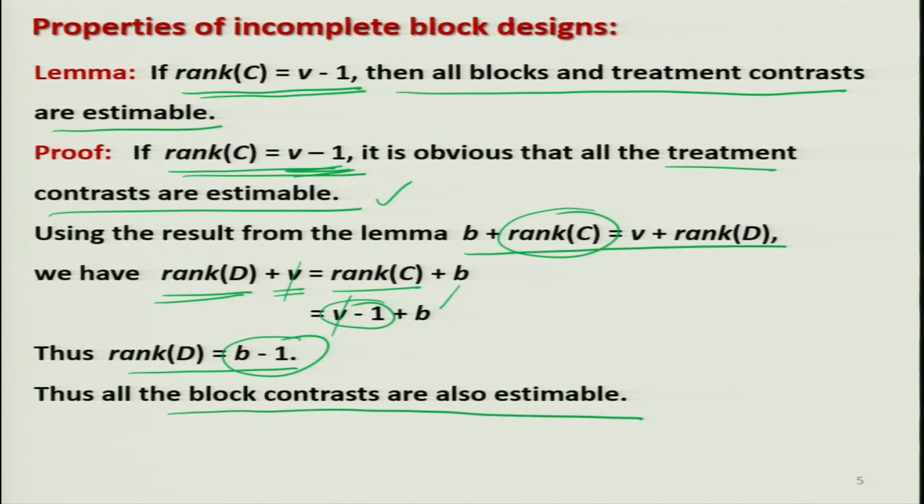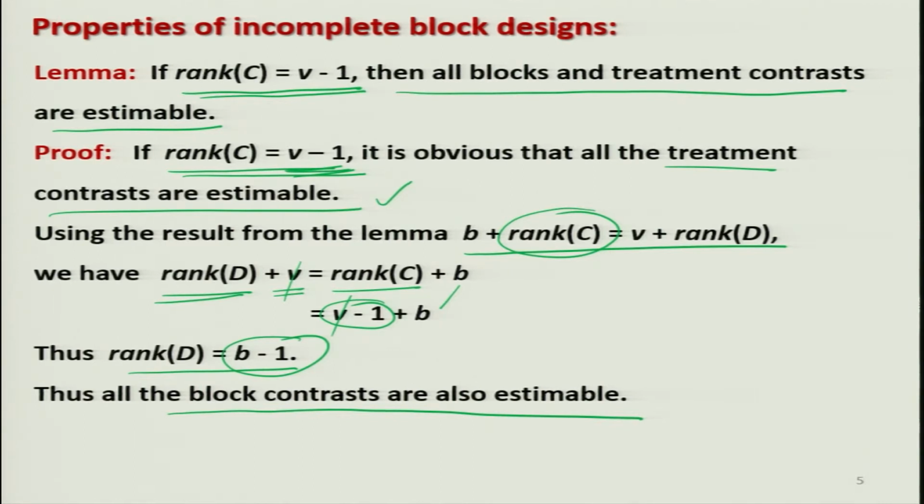And if you try to recall, when you consider the randomized block design, I will show you after we complete these properties that I will employ these results in the setup of a randomized block design, and then I will show you that in the case of randomized block design, if you find this matrix C and D, then their ranks will come out to be V minus 1 and B minus 1 respectively, and that is why we had considered the null hypothesis in terms of the elementary